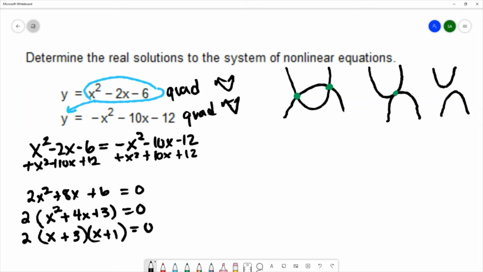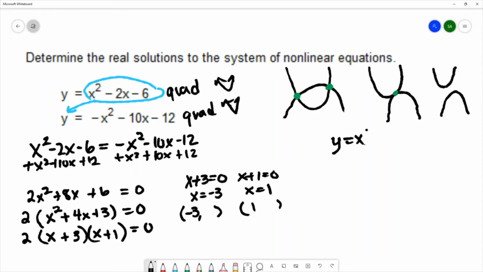We can set each one of those factors equal to 0 to get solutions of x equals negative 3 and x equals positive 1. So I might have an ordered pair where x is negative 3 and an ordered pair where x is 1 being the solutions to the system. I have the x coordinates, and I'll try to find the y coordinates. I'll use that first equation of y